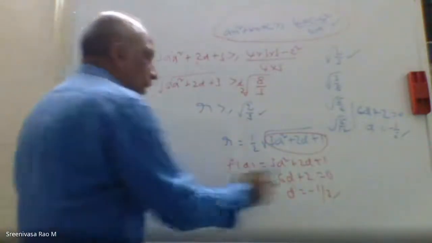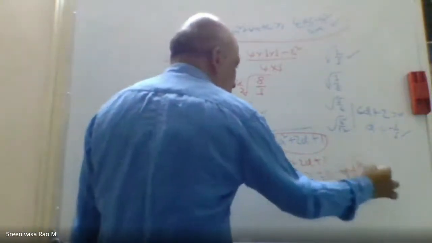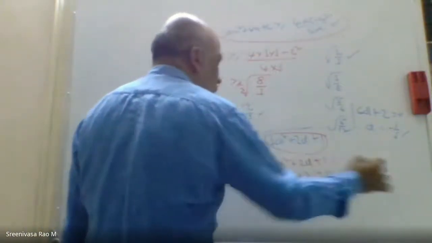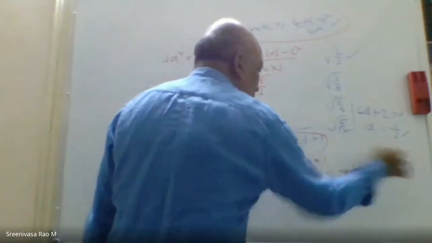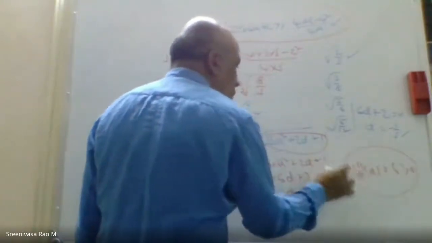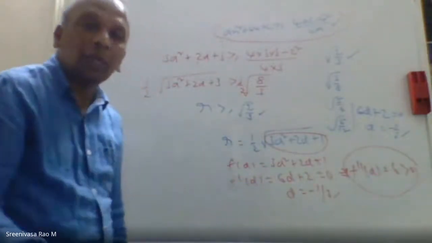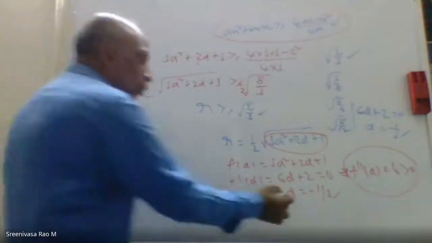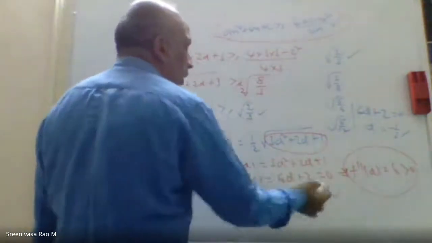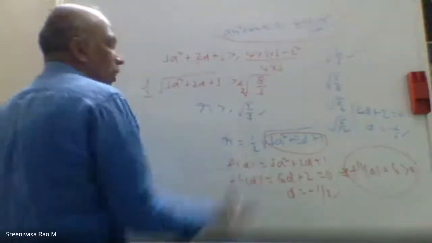Because if you find the second derivative, what is the second derivative? It comes from this actually, only 6, which is greater than 0. When the second derivative is greater than 0, what is the meaning? It means the function has a minimum at this point, as you also learned in maximum minimum. So you substitute d equal to minus 1 by 3, and it gives the required answer.